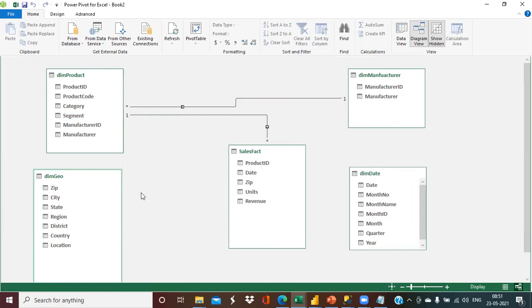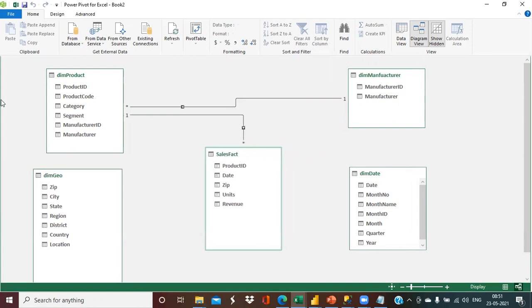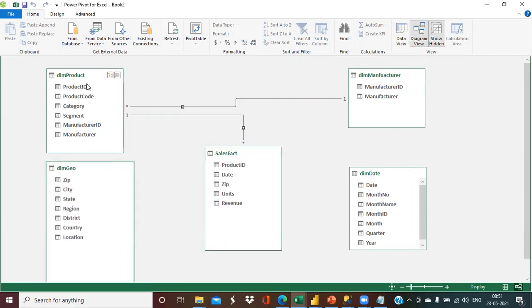In the star schema, we have the fact table in the center connected to all of our dimension tables, but the dimension tables are not connected to each other. But if we need to create a relationship between two dimension tables as well, for data security and stopping data anomalies, we should go for the snowflake schema. I'll share links in the description box to go through these two in more detail.